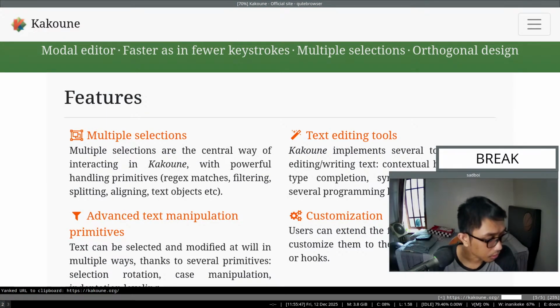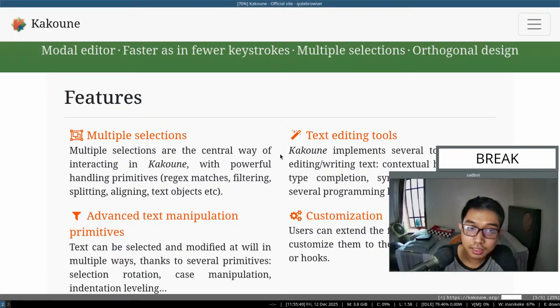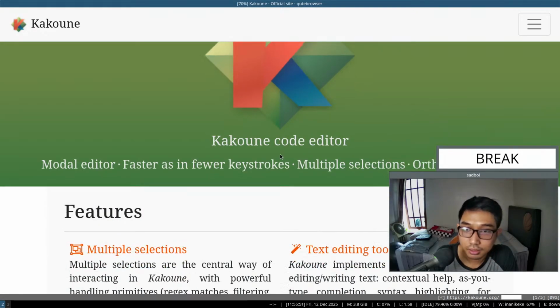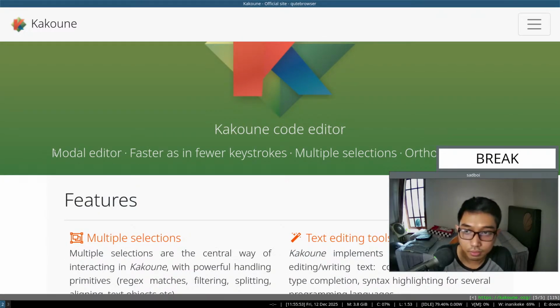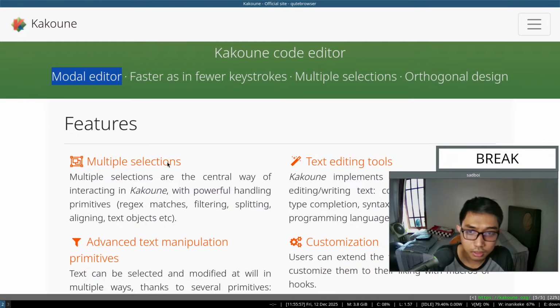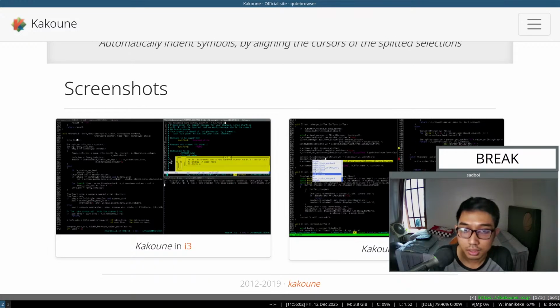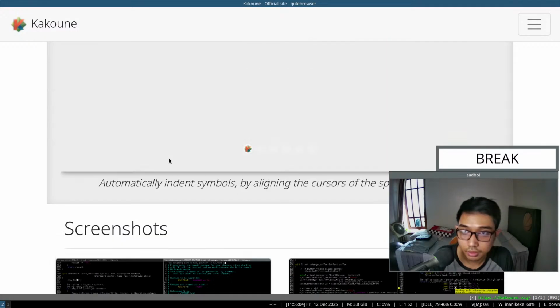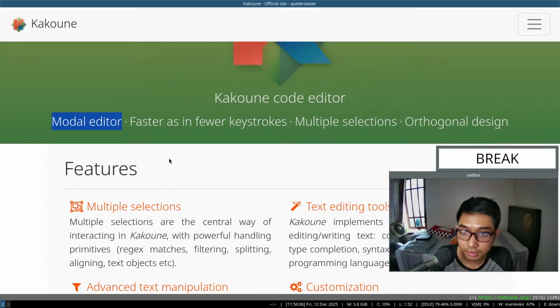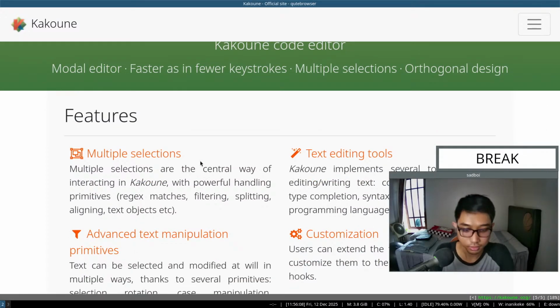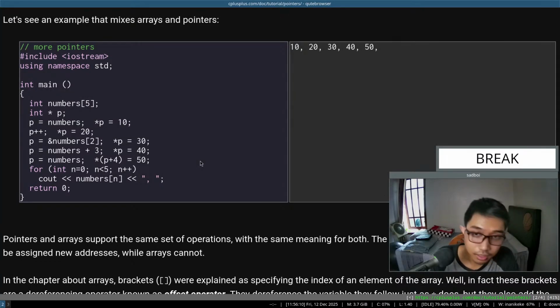In case anyone curious, it is, you could say, the alternative for modal text editor other than Vim. If you want to check this out, okay. Alright, let's